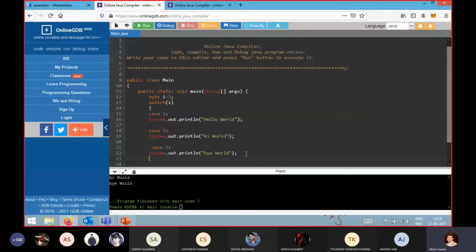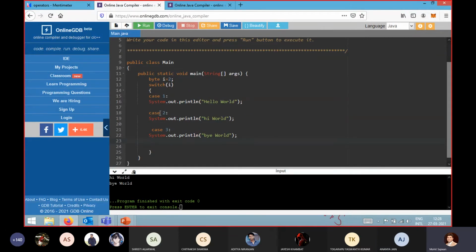Okay, so now you have an idea about what these case statements are, and I have also told you about the functionality of the break statement. If you write a break statement, it will execute only that particular statement, otherwise it will terminate your code. If you are not using a break statement, then whatever cases are after that particular case, if that case is satisfying the condition, it will execute all those expressions.